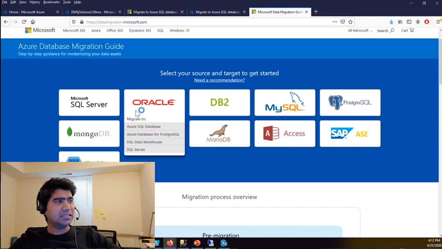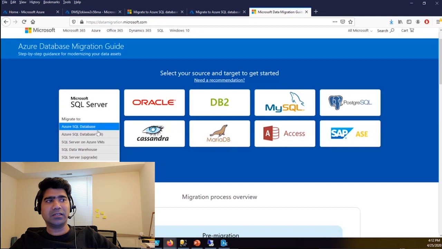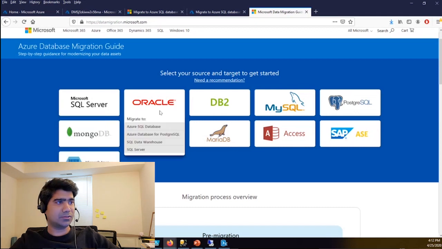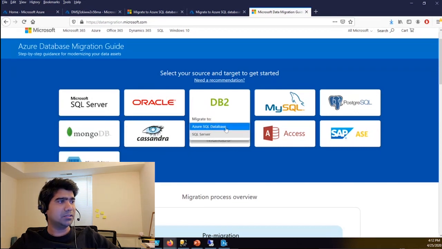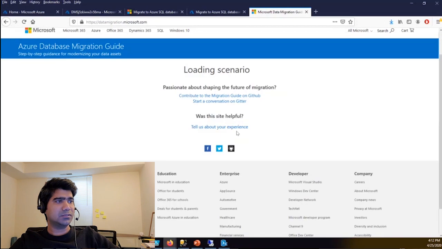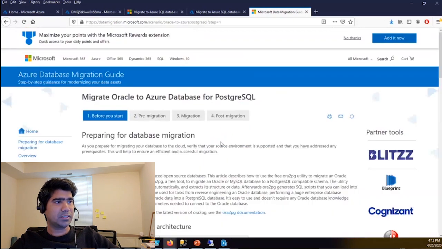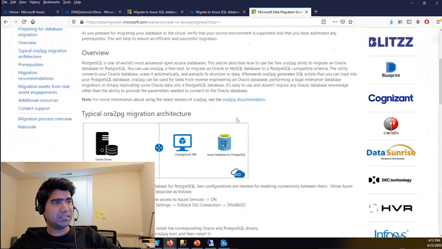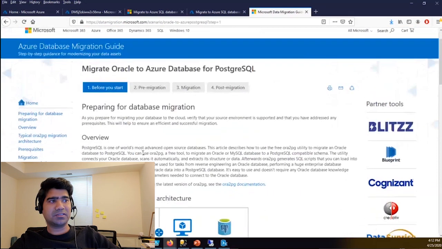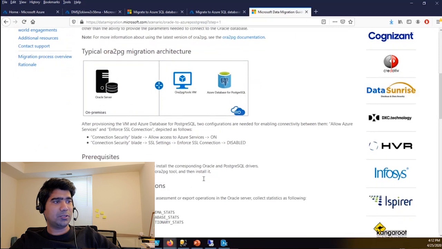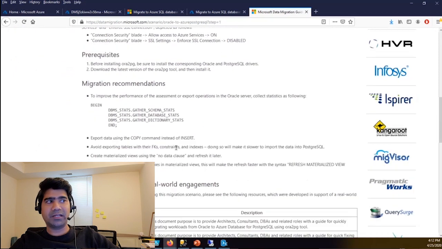And not only that, if you click on any of these, it will walk you through a step-by-step process. So for example, suppose I click on Oracle to PostgreSQL. You see it will take you to this page with a step-by-step process. Before you start, you can perform all the operations that it is asking you to, like prerequisites and everything.